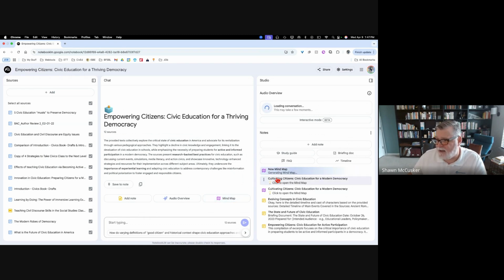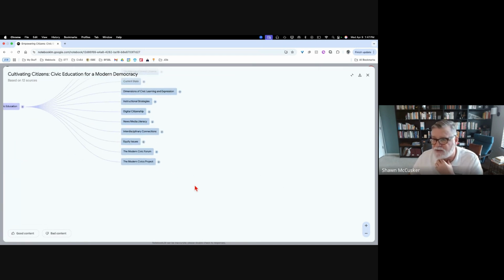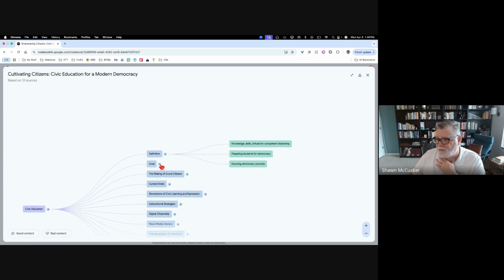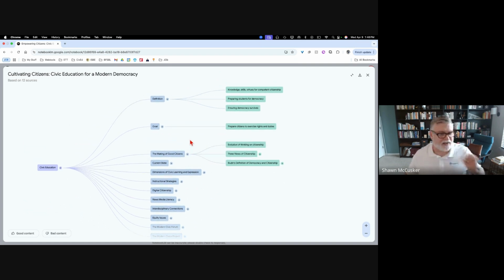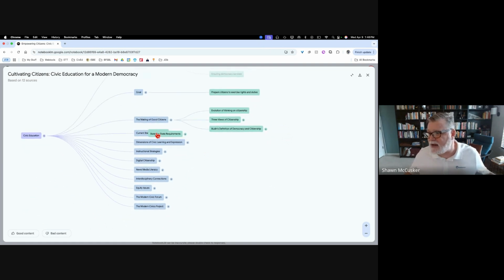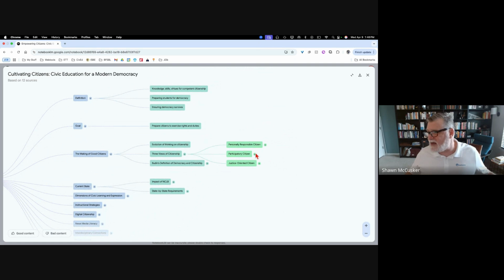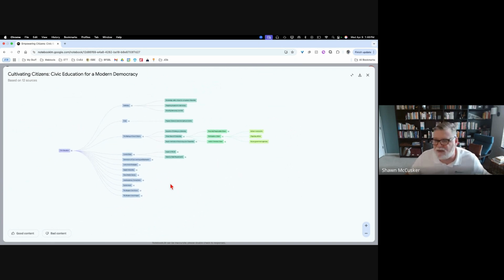I can click on a mind map. It'll take a second to generate that. And then when I do that, I can open up all of the materials that I have evaluated within civic education into topics. Here's the definition, and it breaks it down further. And then it's a little bit like Prezi when we used to have students do outlines there, but it can break down all of the topics into smaller topics. Here's 3 views of citizenship. I can break that down further, and you can just go into a visualization of the content that you have.